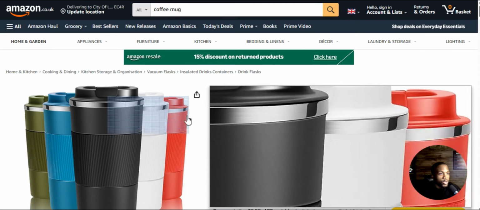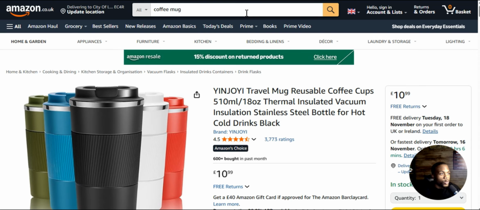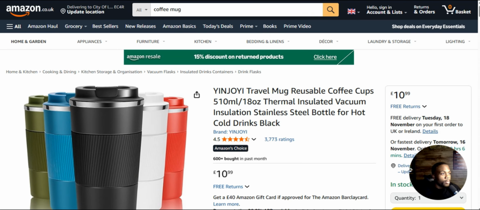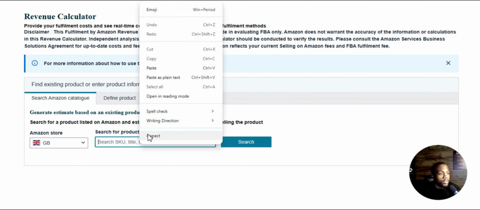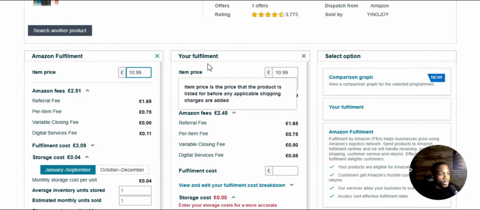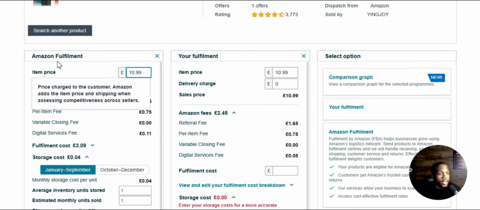So let's say we're selling coffee cups. All we have to do is go into the URL and copy this. It will say a B, and then a couple of random letters or numbers. When you see the slash, you want to copy those letters. You'll see DP, then you'll see B, and then all that, and you copy this one into the revenue calculator. You paste it, search. Then it will show you FBM,